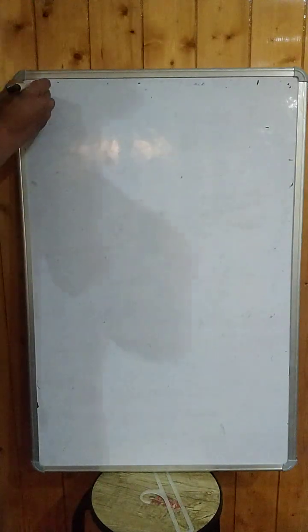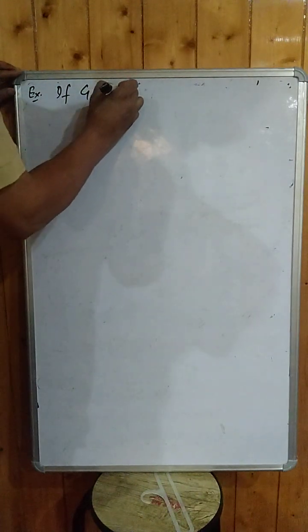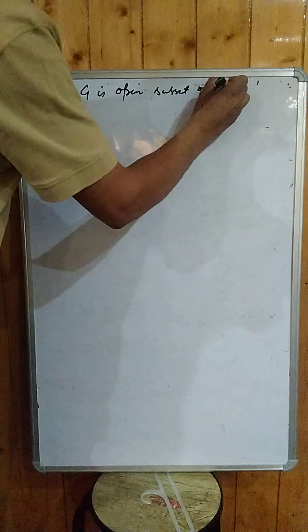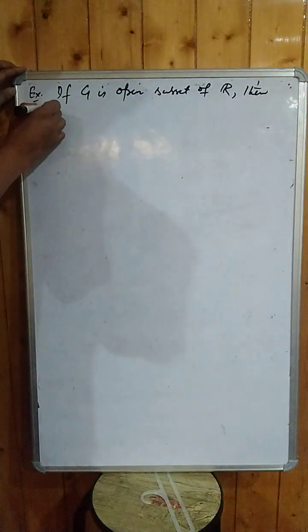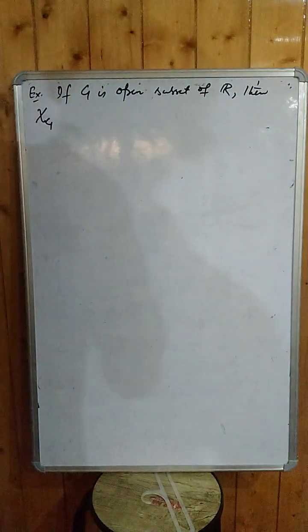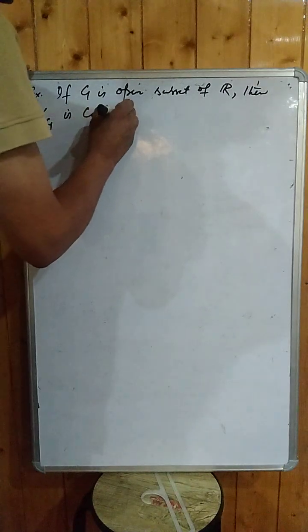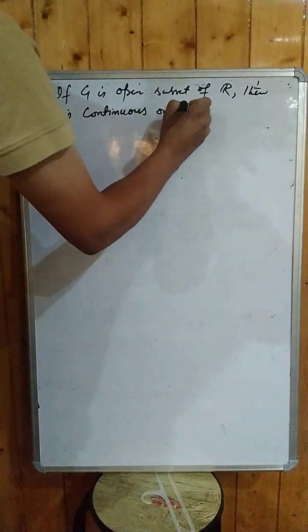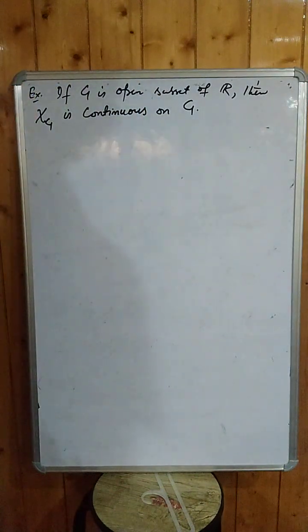So today I will prove that if G is an open subset of R, the set of real numbers, then the characteristic function chi of G is continuous on the whole of G. That means if we take any open subset of R,